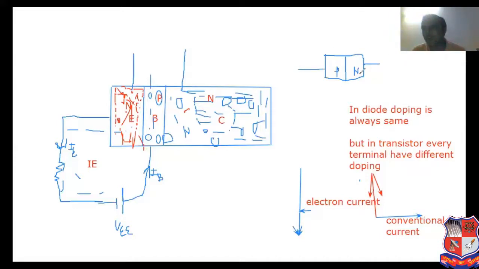If we do not give any type of supply, the N-type terminal creates a positive charge and the P-type terminal creates a negative charge. Why? Because electrons are lost from N to P, so it creates the positive charge. It is responsible for the generation of positive charge.